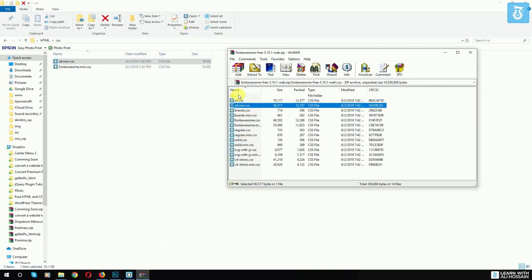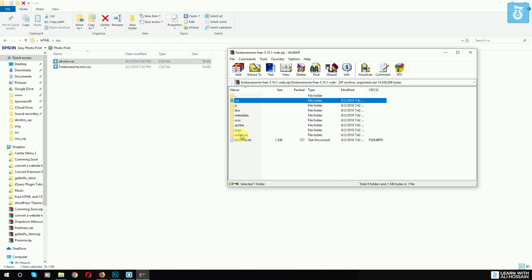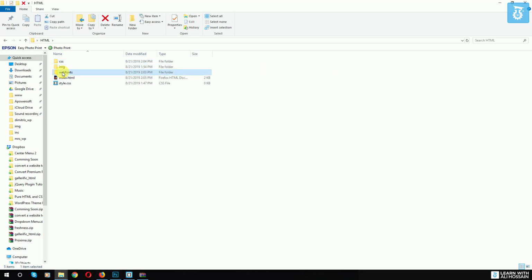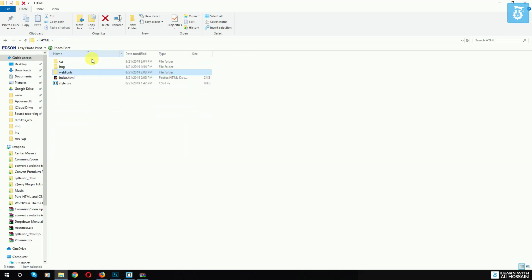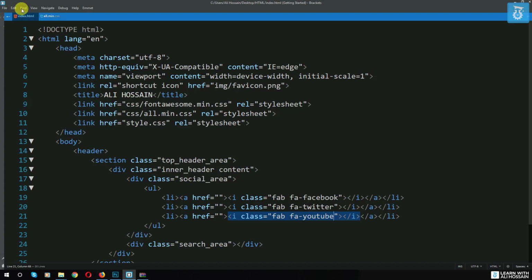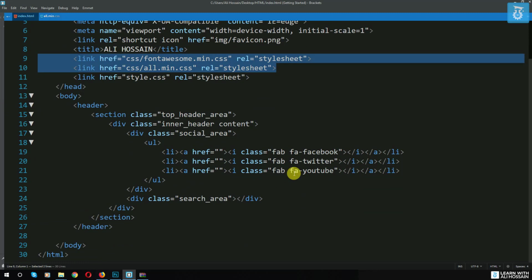And as you can see here, I have a folder called webfonts. I just copied the total webfonts folder into our web page. Okay, as you can see, this is webfonts and we have all fonts here. And I also called all of them here, as you can see, Font Awesome and both. Now you can use Font Awesome, and this is the latest Font Awesome version, and it's actually a bit